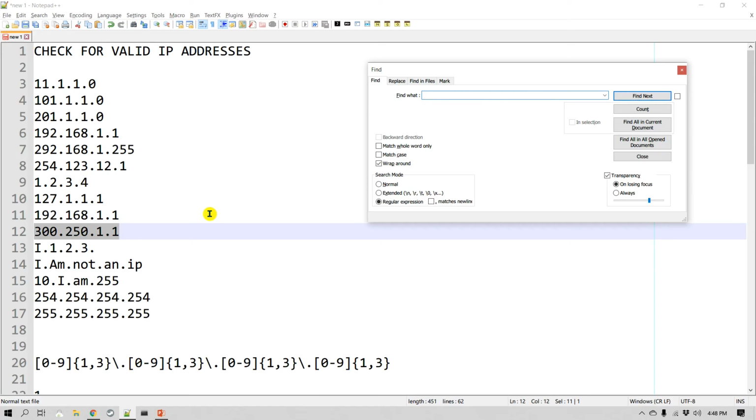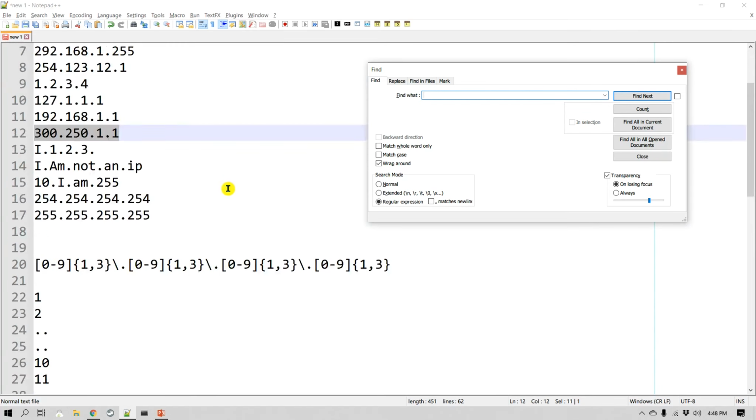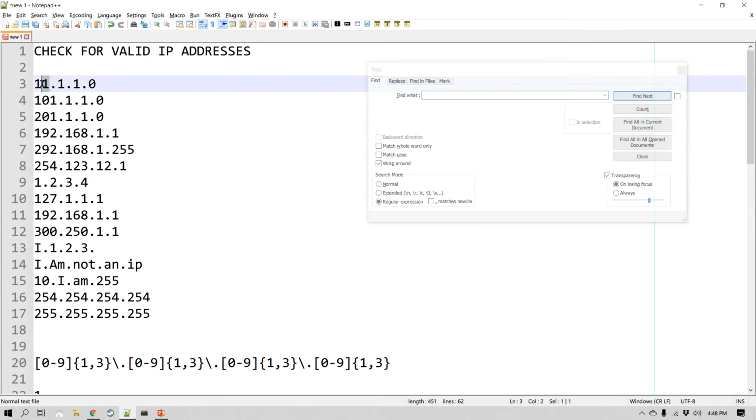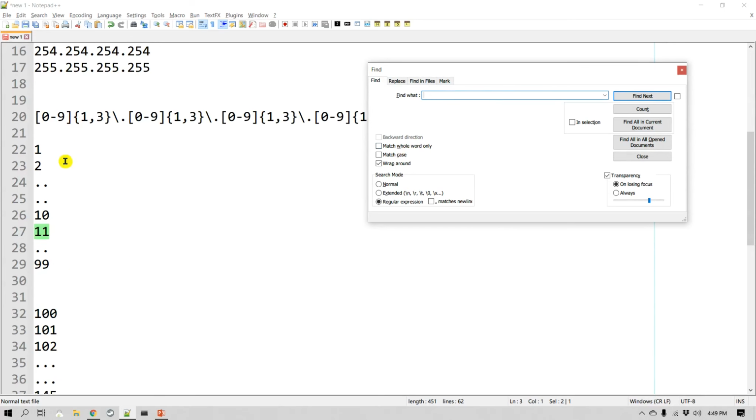Now we have to break this into a number of smaller chunks, as I mentioned, and so let's go through that. As we look at these, numbers can range from 0 to 255. Now I cannot just simply put something very easy to select all 0 to 255 numbers, so I have to break them into different sizes.